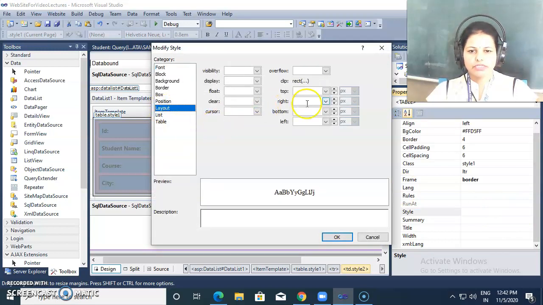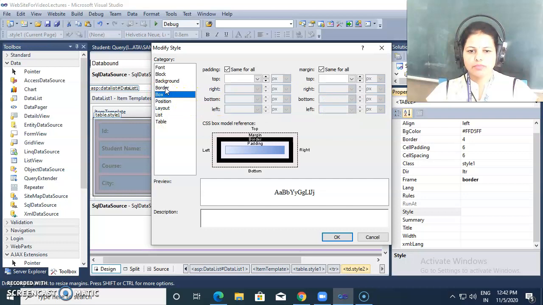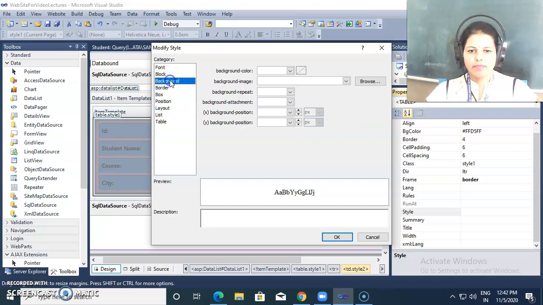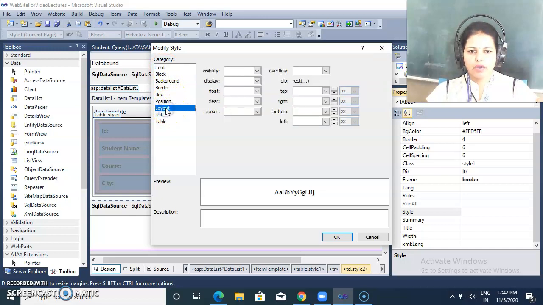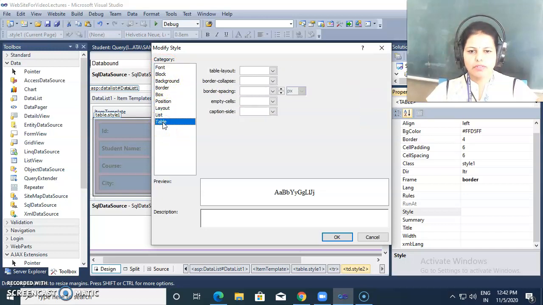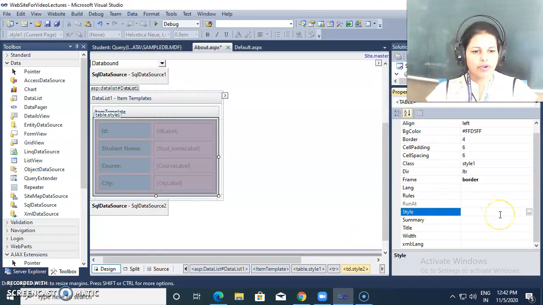You may change the size, box, border, background, font, layout, table, empty cells, caption, side table layout, border collapse, border spacing. You may change from these. You may change according to your choice.